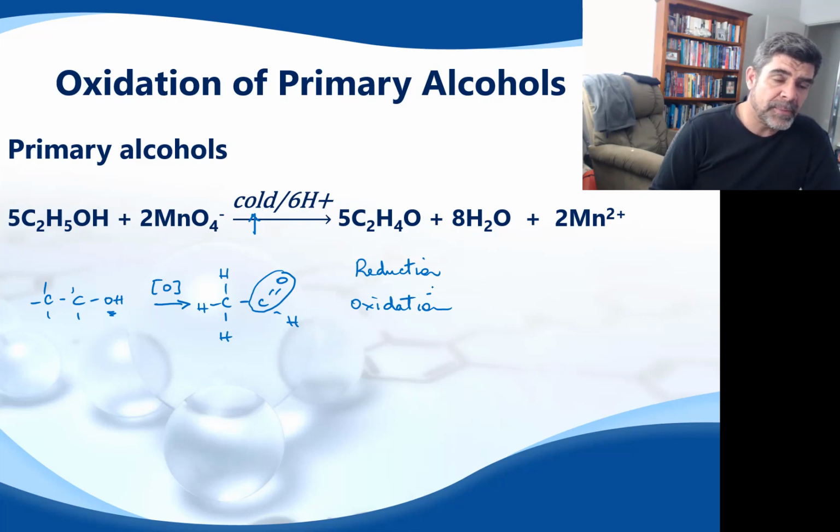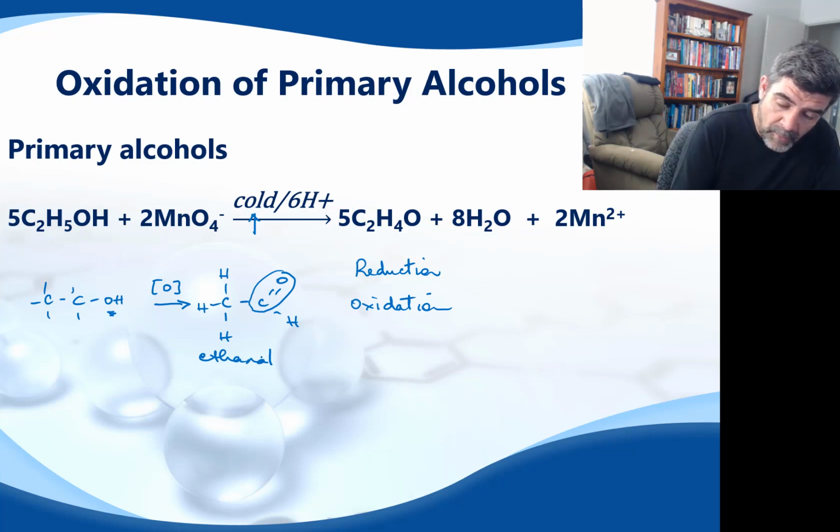An important part of this process is the fact that if we continue to drive this process forward, we're not actually going to stop at ethanal. We're going to go through to ethanoic acid. So as I mentioned earlier, the conditions are very important. What we want to look at is the fact that the first thing, and probably the most important thing that we need to do, is look at the formula for ethanol, and to be aware of the fact that if we're going to oxidize that to this one here,